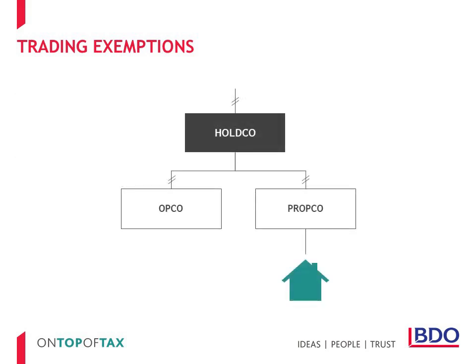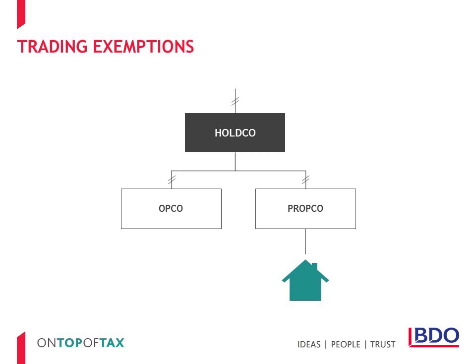This exemption was introduced with the aim of providing capital gains exemptions for so-called OpCo-PropCo structures, such as that depicted in this diagram, whereby property ownership and trading activities are segregated into separate structures. This structure is common with particular asset classes such as hotels and student accommodation. Without an exemption, in this scenario, a disposal of the PropCo would be taxable in the UK. However, if certain conditions are met, the trading exemption exempts the disposal of the PropCo in such structures from capital gains taxation. The capital gains status of the PropCo itself is unchanged.